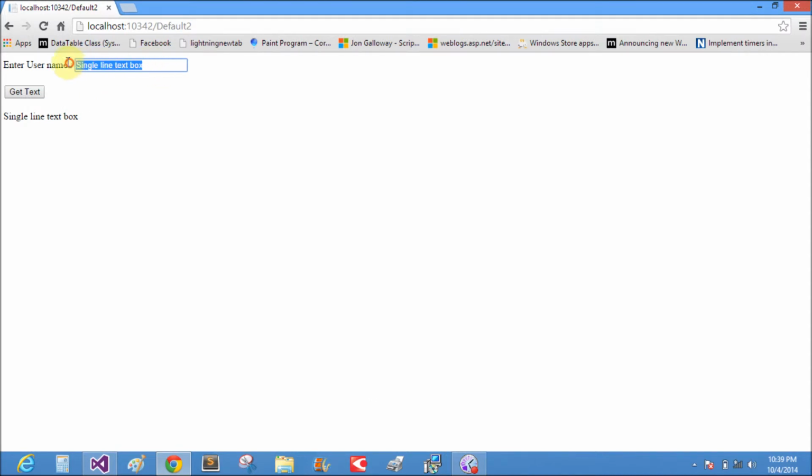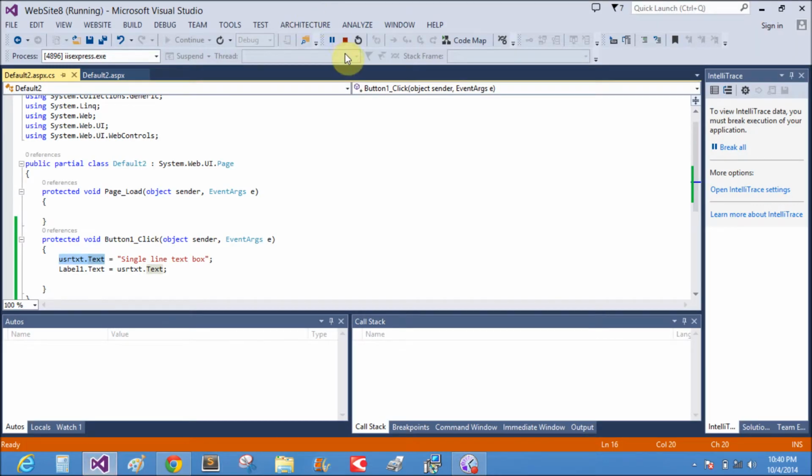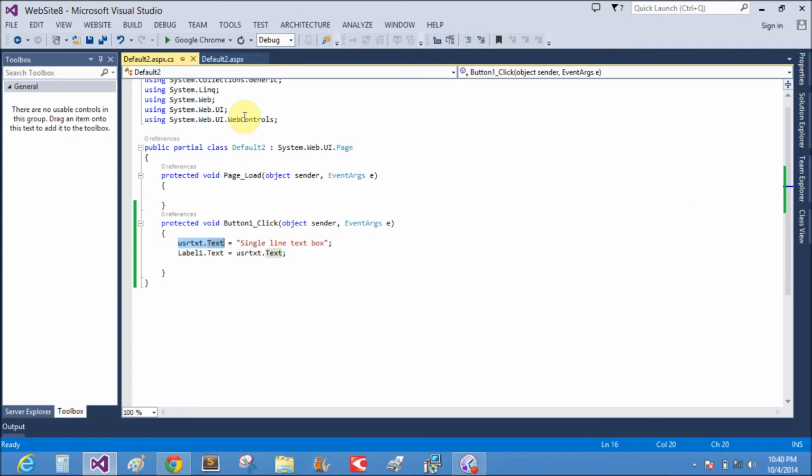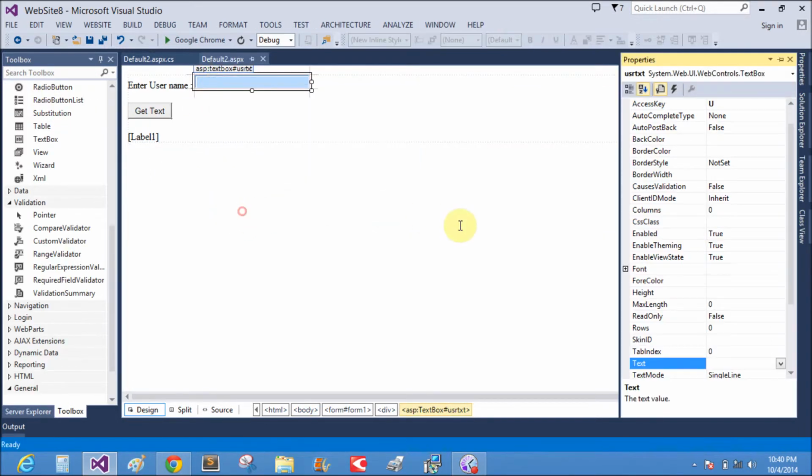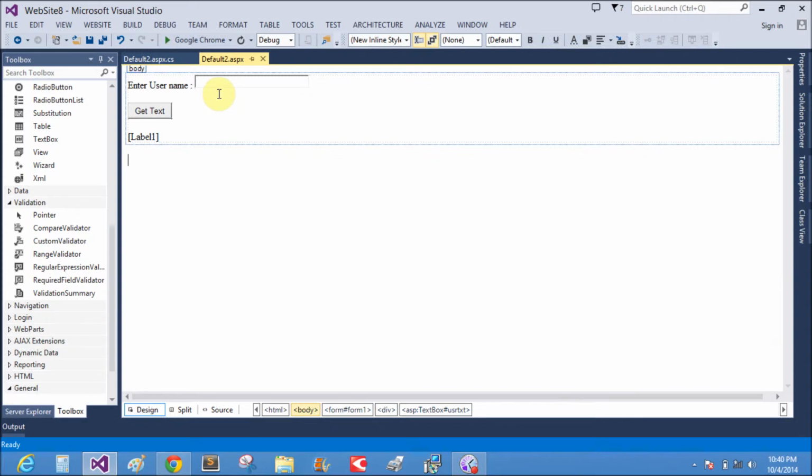Another property is maximum length. Here I also discuss another library, the anti-XSS library.